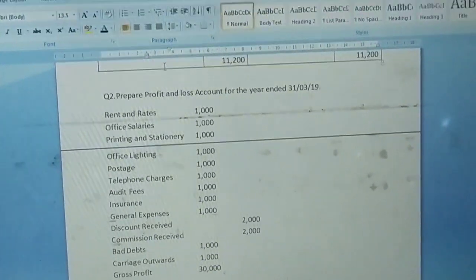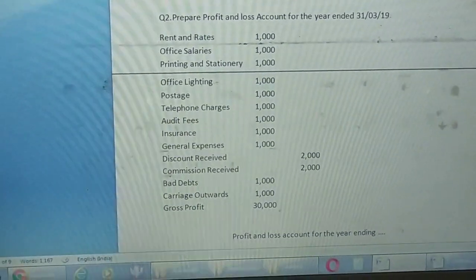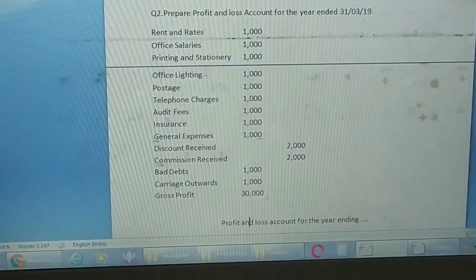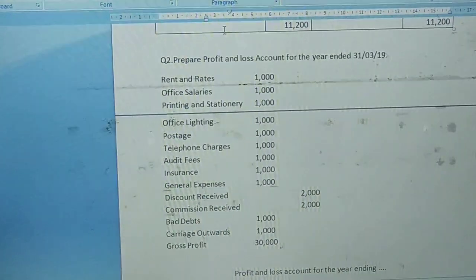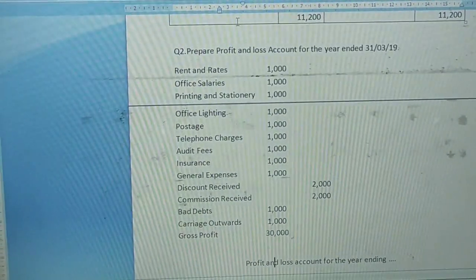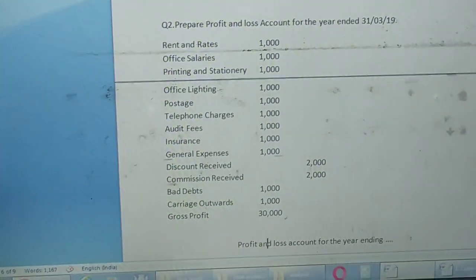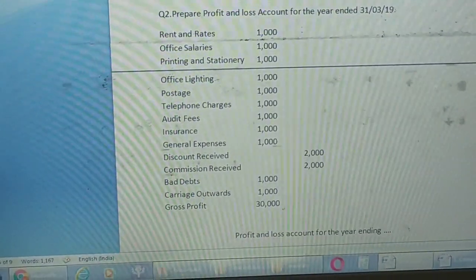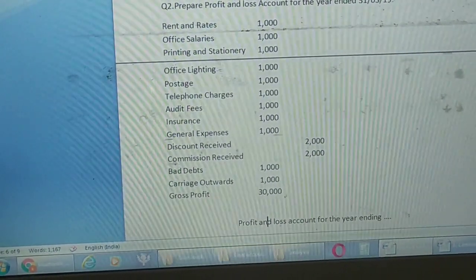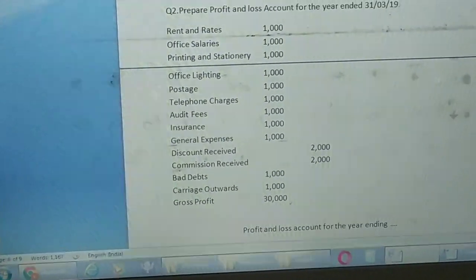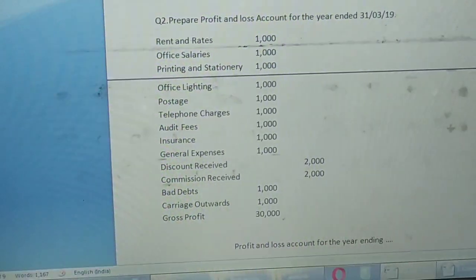Audit fees, to audit the accounts, we need to pay audit fee. Insurance, that is nothing but to pay the insurance premium. General expense or trading expenses are the indirect expenses. Discount received, we receive discount when we purchase goods, that is income to us. Commission received, just a simple commission we have received, that's also income. These are indirect incomes. Bad debts means some of the debtors have not paid the money to us, that is called bad debt. Carriage outward, that is nothing but selling expenses, the lorry charges to sell the goods, and the